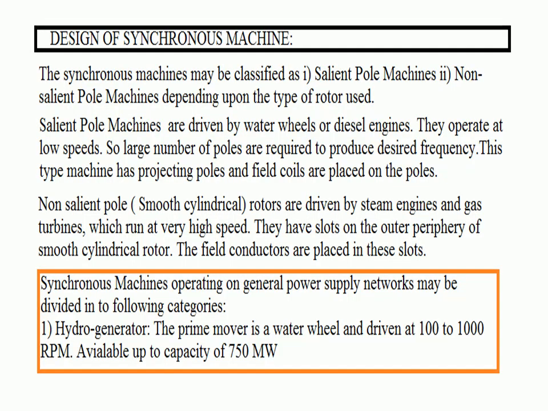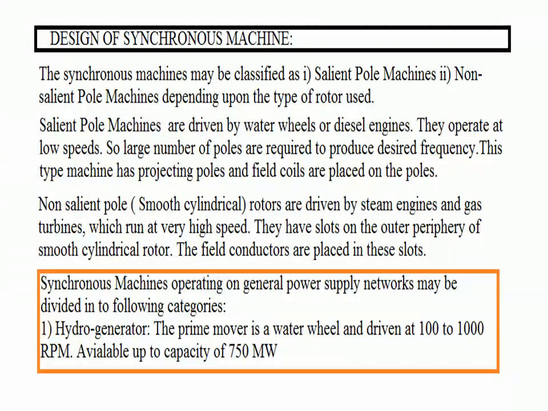We know that synchronous machines are AC generators or AC motors. Mainly we have to know that they work on Faraday's laws of electromagnetic induction. One field is stationary, another field is rotating. Hence, to generate the voltage, we need the conductors and we need the magnetic field. Out of these two, any one should be rotating and any one should be stationary. That is an old story, we already know it.